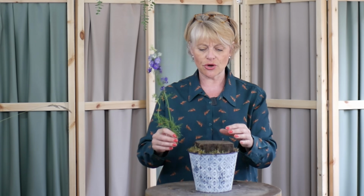And I'm going to start with two blue delphinium, and I've only got two left over. They were used in some funeral work on the weekend, and I looked at lots of different containers and decided to use this one, but I really struggled with what style to do, and I've decided on the style that hopefully this is going to turn out to look like. So you're coming along with me on a journey of exploration. So I'm going to go quite